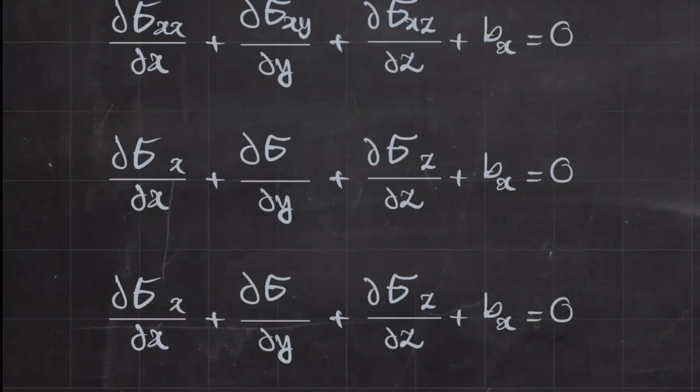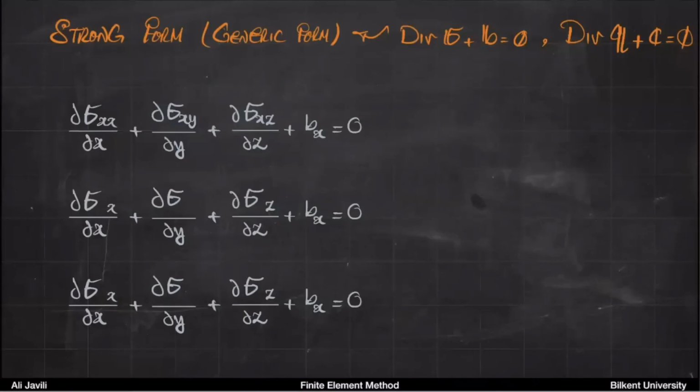So this would be now yx, yy, yz. This would be also now zx, and zy, and zz. Okay, so you have these 3 equations,